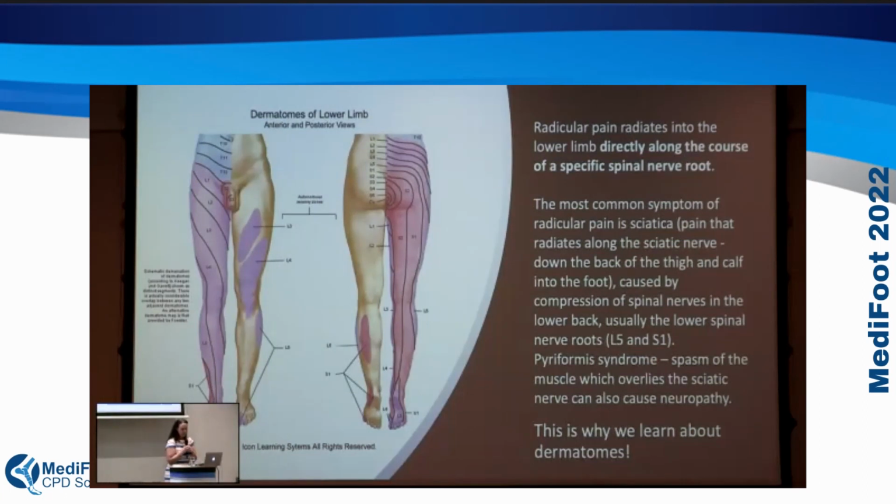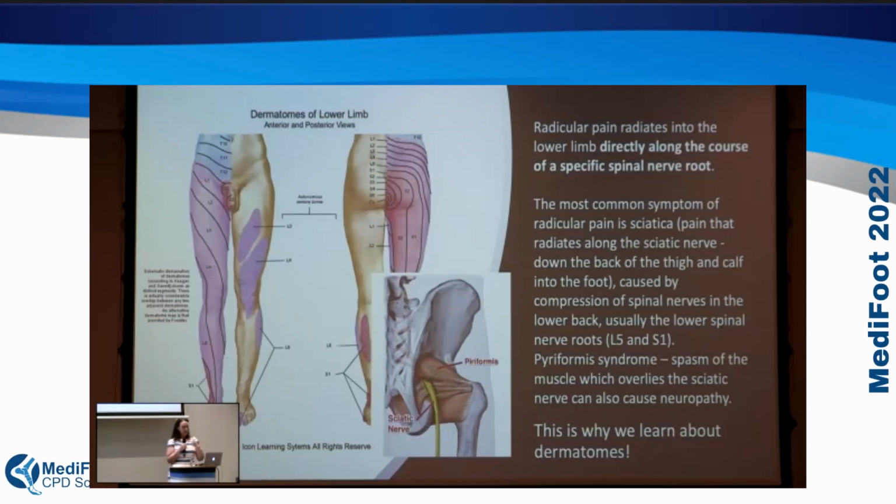Oh, one other thing I want to say about compression problems around here is a lot of patients will also have something called piriformis syndrome, which you might have come across. And this is also a compression thing. So not only have you possibly got vertebral disc problems, but if you have any kind of swelling or damage in the muscles around the buttock, okay, in the posterior of your pelvis,